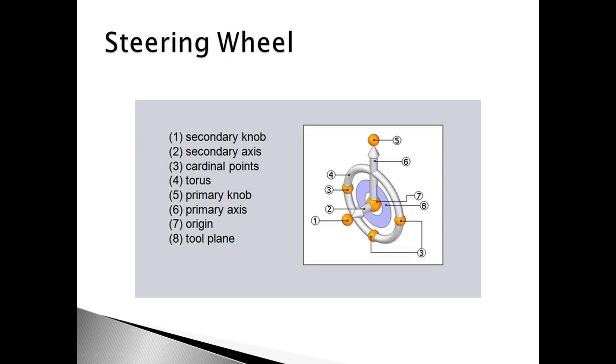The next thing I want to do is just take a quick minute. Let's break down the steering wheel and all the components that make it up. I have an image up here, and you can see the graphical representation of the steering wheel. You can see there's some balloons or call-outs there. I'm just going to go ahead and go down the list. Starting with call-out number 1, you've got the secondary knob and the secondary axis. Now we have the cardinal points, which there are 4 located around the torus. Number 4, the next line item being the torus, that's the round circle that sometimes is referred to